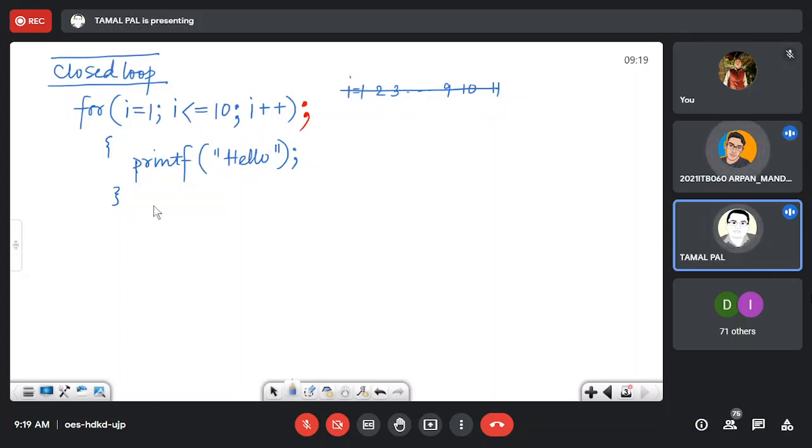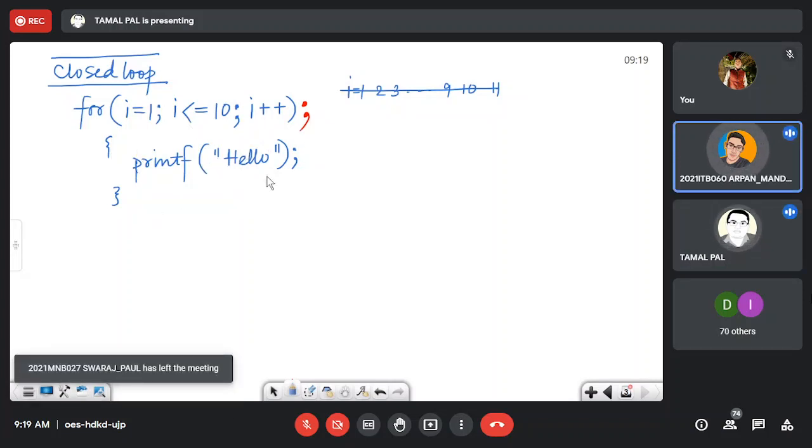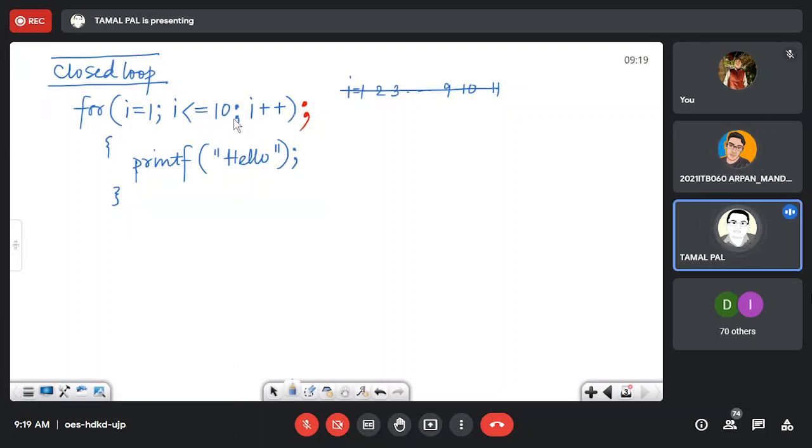Otherwise, the first bracket will start. Should there be space or be written continuously after for? Space is not required; you can write it continuously. And even if you give space, there is no such problem because that kind of flexibility is available in the compiler.